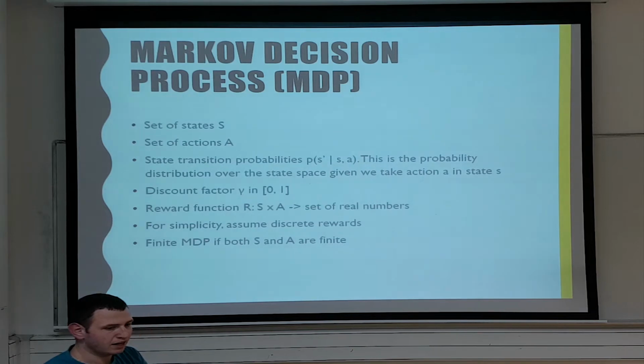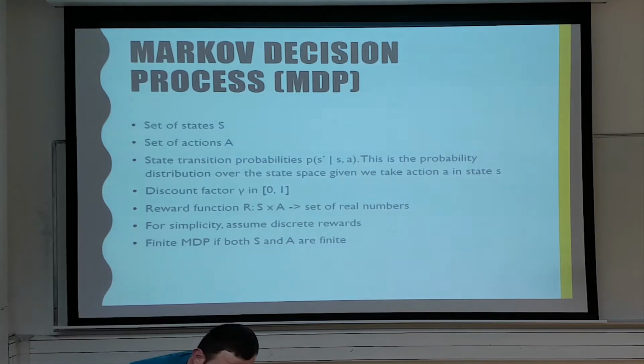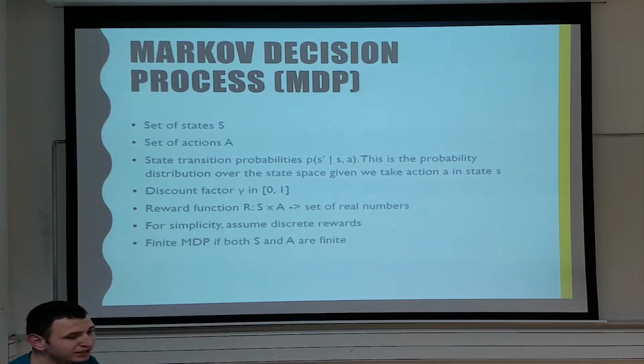Okay, so the reward function is a set of real numbers that define our rewards for the actions that we can do in every state. Okay, so for simplicity, we are talking about discrete numbers. So it will be discrete rewards, and our MDP is finite. Okay, so it means we have some